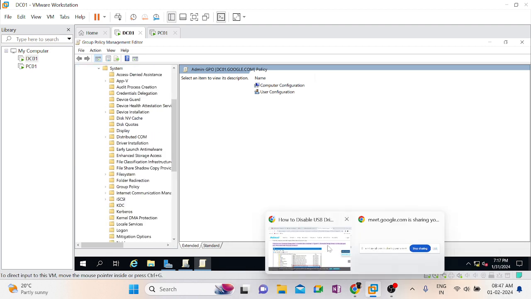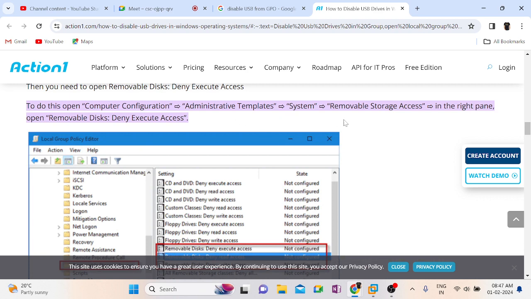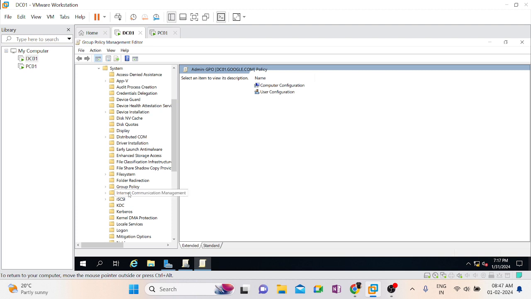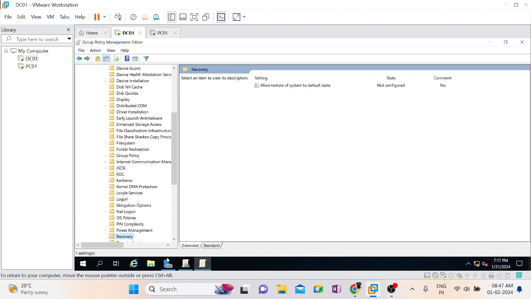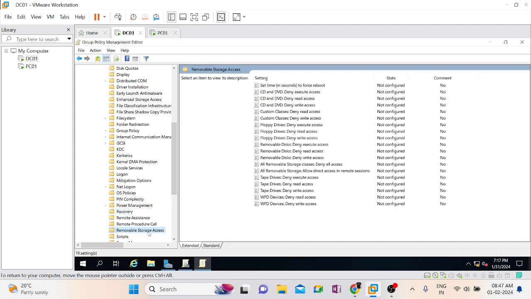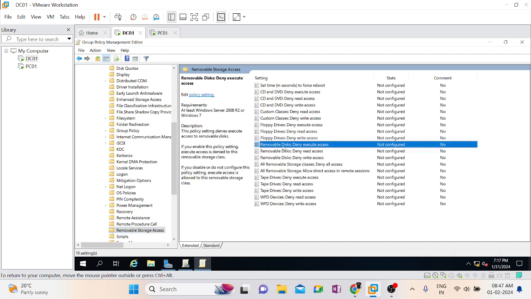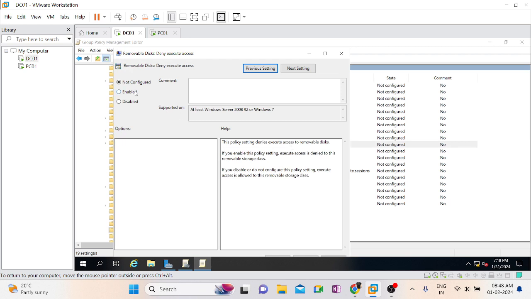If you are confused, see administrative template, system, and removable storage access. Type removable, see, it came. And here somewhere you have an option called removable disk deny execute access, which means it will not execute at all. Just enable it